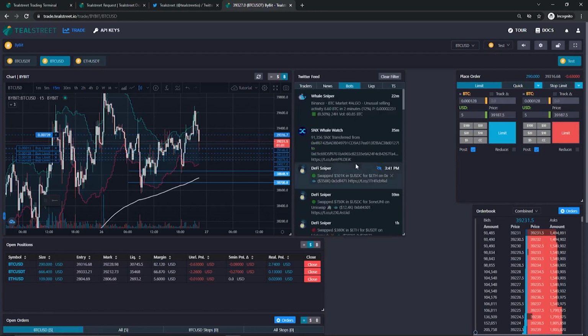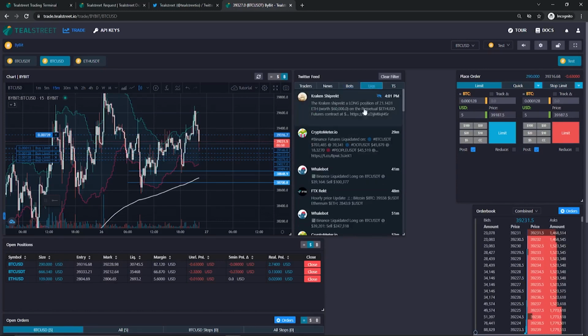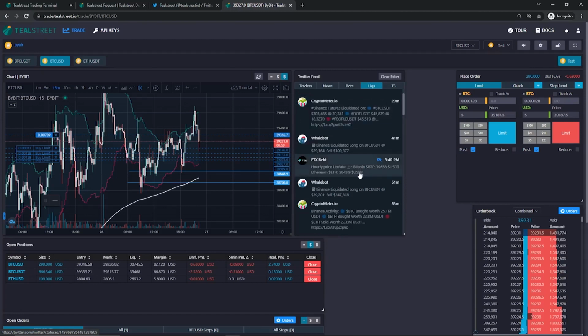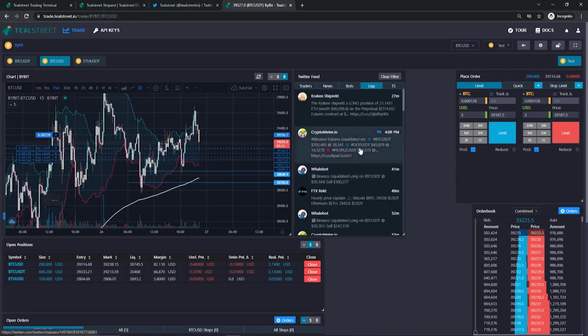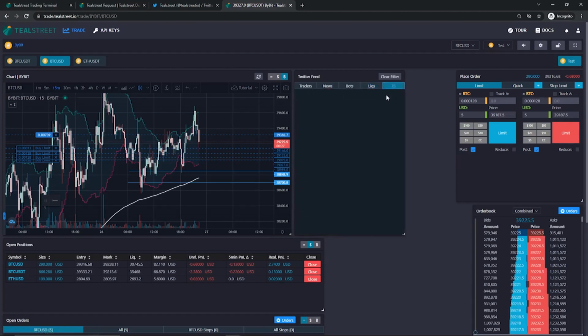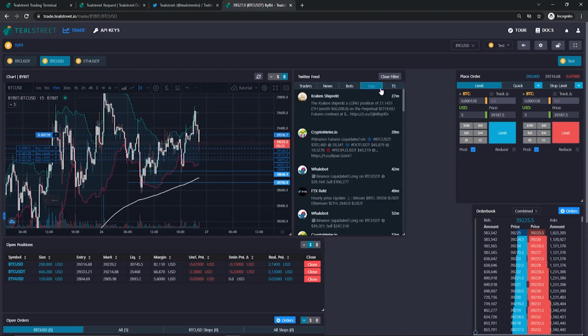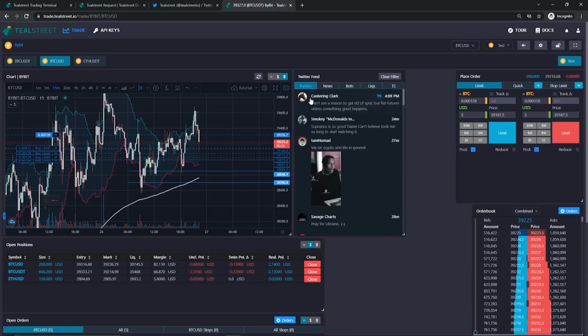Up next we've got the liquidations. So similar to the bots, but these are accounts that focus entirely on liquidation events. You can see here FTX wrecked, hourly price update. That actually doesn't include liquidation, but here WhaleBot, Binance liquidated long. You can see that they had to sell almost 250K worth of Bitcoin. And if you trade based off of liquidations or you include that as a signal, this can be pretty handy. TS, this is going to follow the tweets from Tealstreet's official Twitter. And yeah, that's pretty much it for the